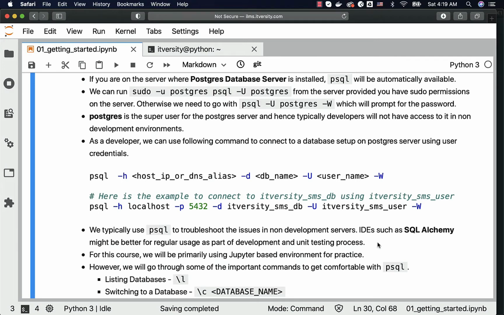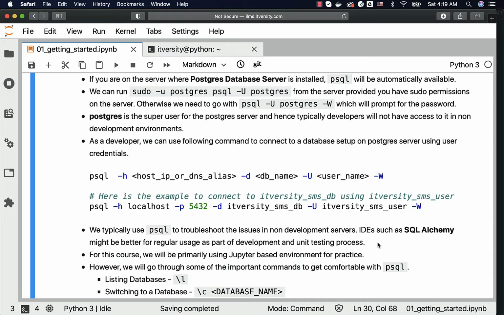If at all you have to connect to a database to validate whether the tables are created or not, what are the column names we have, whether the table have data or not, so and so forth. However, a bit advanced users or developers should be familiar with command line utilities such as pSQL to build the databases for multiple purposes.